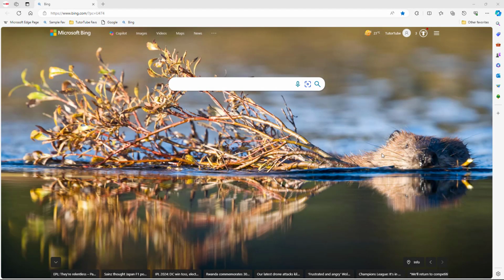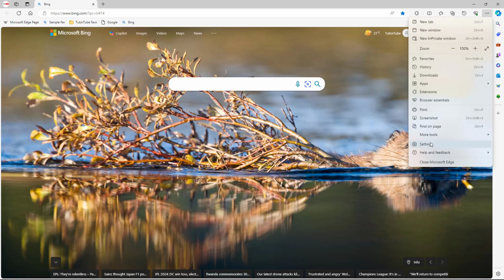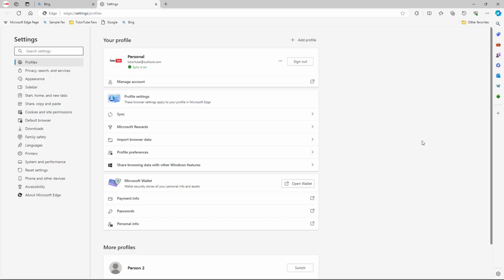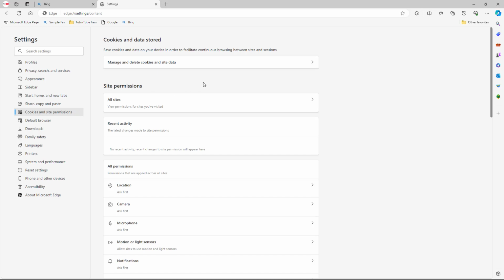So now let's see how we can access the cookies and cache option inside of Microsoft Edge. To do that, you need to click on the three dot button over here and then go onto settings. Once you go over here, you can go onto, for example, cookies and site permissions. And over here on the top, you can see that manage and delete cookies and site data is an